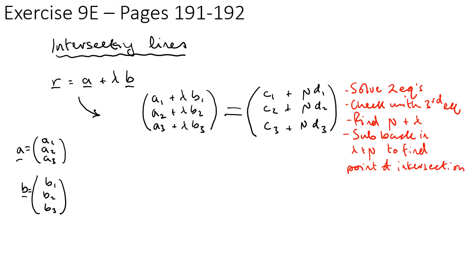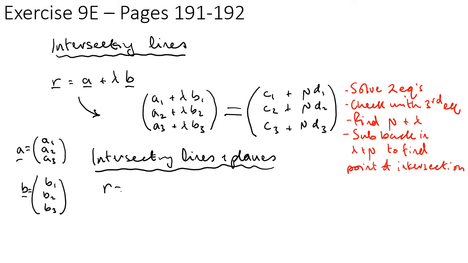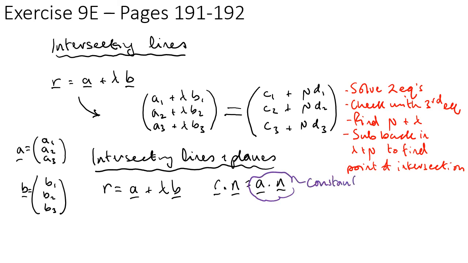If I want to find the intersection between a line and a plane, so intersecting lines and planes, this is easier because we'll have the equation of our line as r equals a plus lambda b, and the equation of our plane as r dot n equals a dot n. That will be some sort of number on this side here. This will be like a constant. Then we just set them equal to each other. Or actually what we do is this bit gets substituted here, and then we solve like before, find lambda,